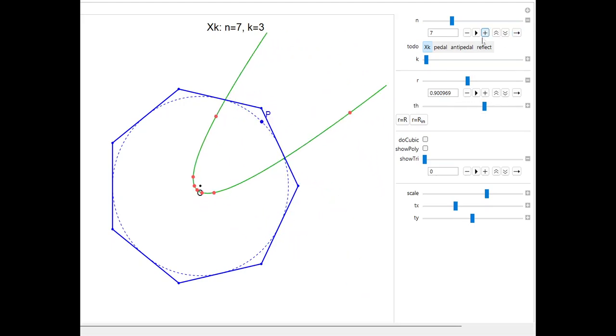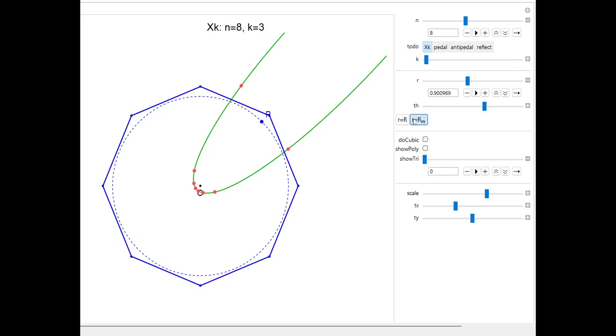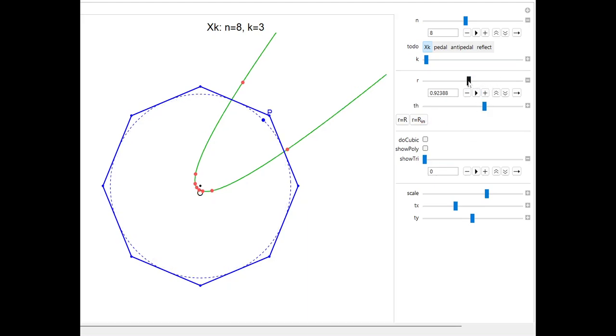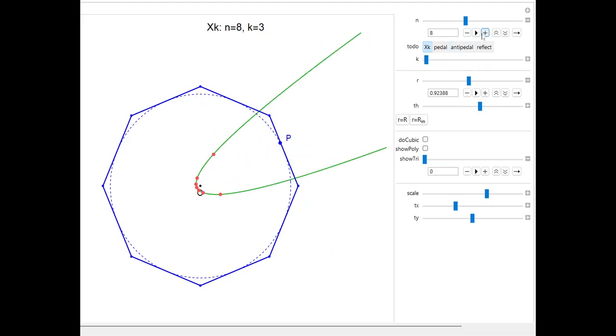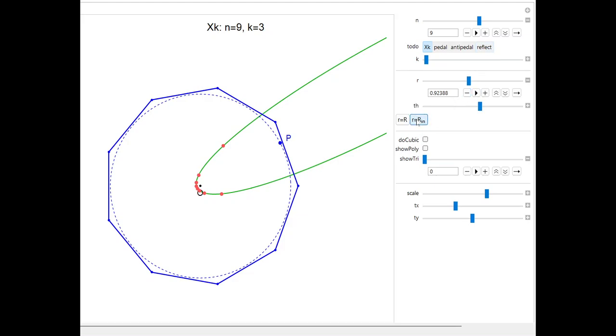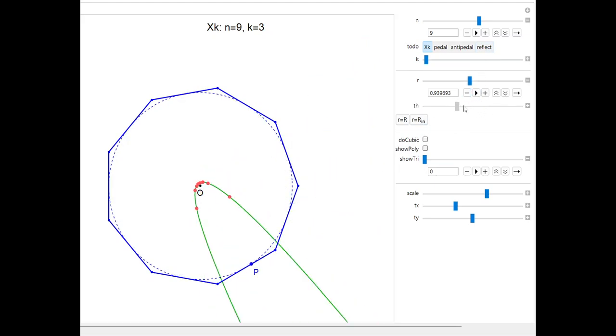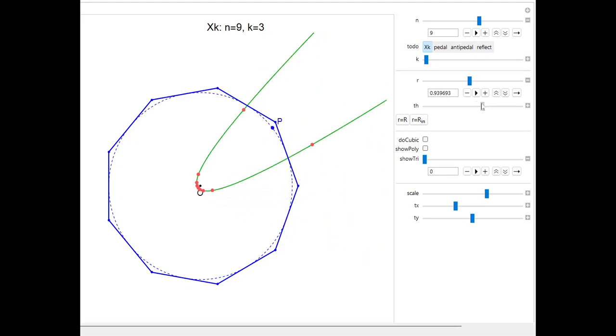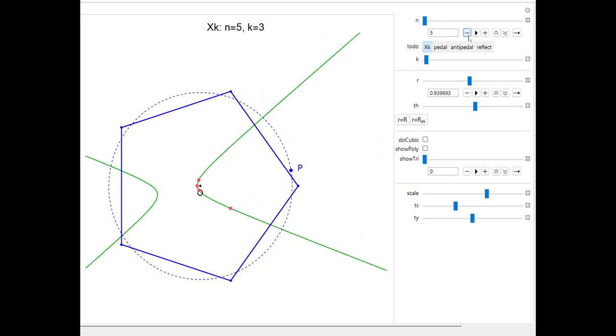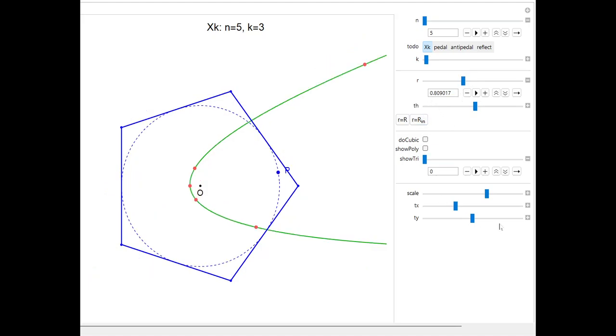If we go to n equals 8, you get the same phenomenon: I'm on the incircle, I'm getting a parabola. Okay, for n equals 8, and I can go to n equals 9, go to the incircle of n equals 9, I get a parabola as well, okay? So it looks like what we experience in n equals 5 extends to all regular n-gons,